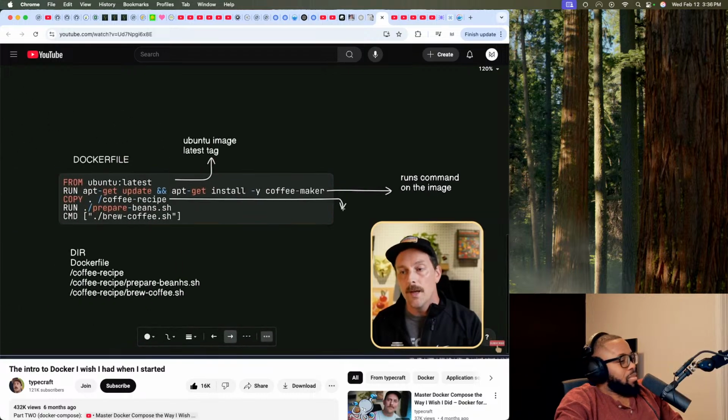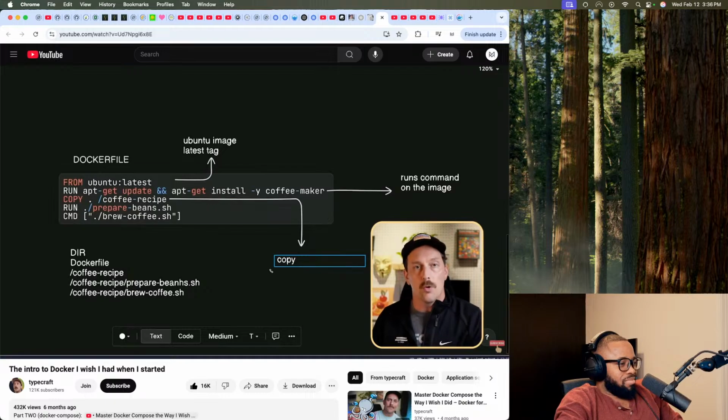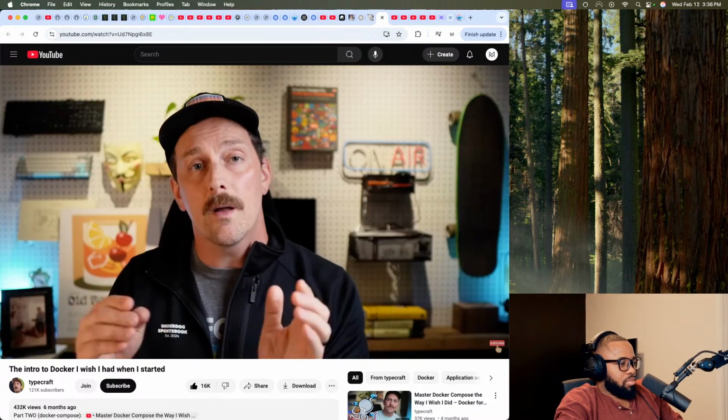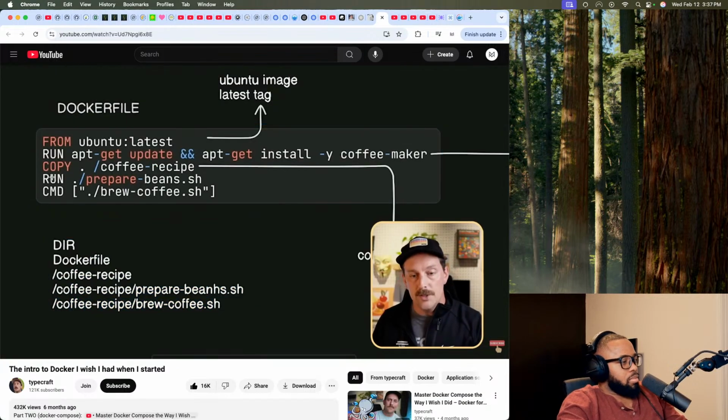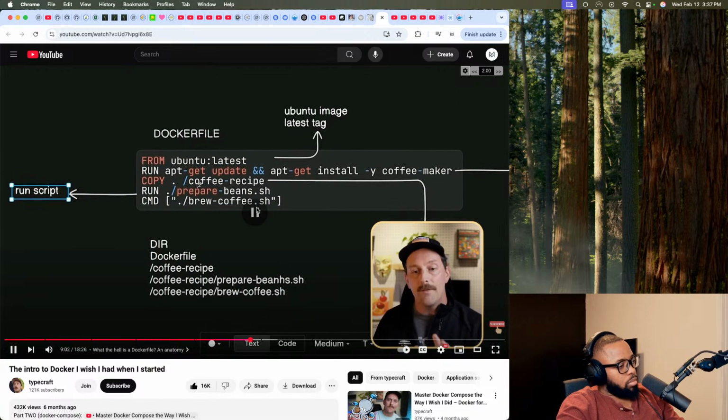Next, what we want to do is copy the coffee recipe directory from our local file system into this image. So we want to basically just copy things from our local directory. Again, you can remember our directory structure looks like this. We have the coffee recipe directory, and under this we have a couple of scripts. So we want to copy the coffee recipe directory into this image. Next, we want to run in our image the script prepare beans.sh. So this will run that script. Now remember, since we copied the directory into our image, we will have